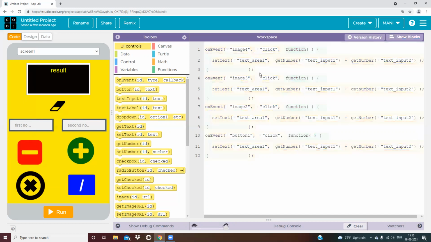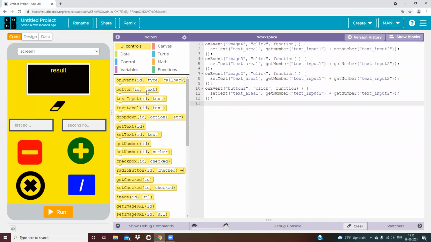Now I will click on show text. Image 3 is minus, so I will give it minus here. Multiplication is image 2, so I will give multiplication here. And this is division, which is button 1, so I will give division here.